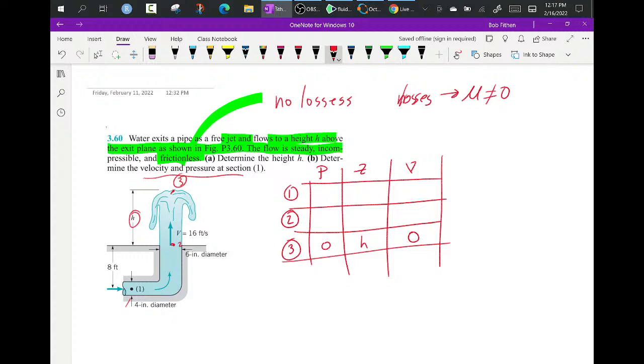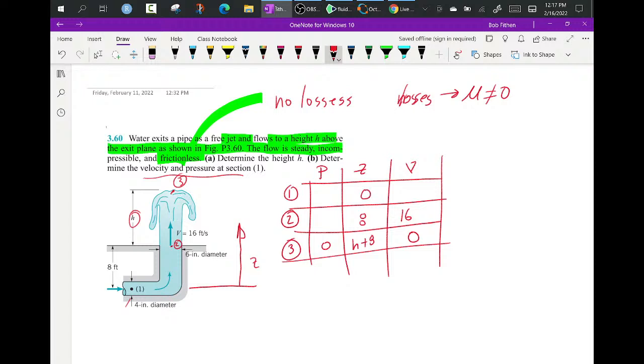Okay, so at this particular point, right here, which I did label 2, at 2, velocity is 16. Now, I have to go back and look at this because I didn't identify my datum yet. So I think I want to identify my datum as my lowest point. If I did that, then the height here would be h plus 8. So I was remiss in doing that. So now let me do this. This would be 8